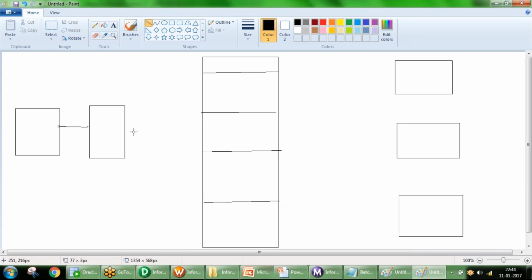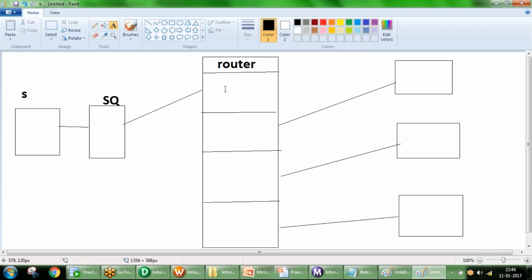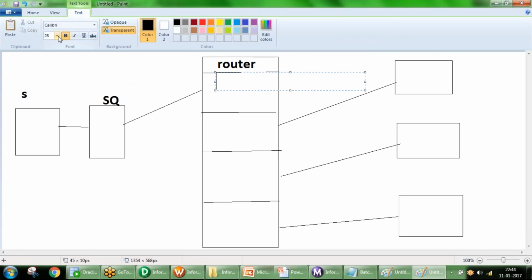So this is your source as usual, and this is your source qualifier. This is your router. This is your group 10, or maybe group 20.